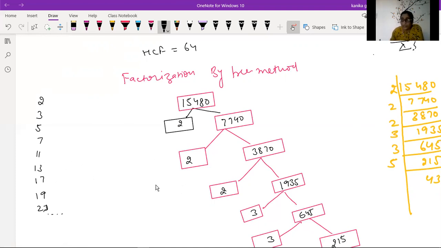It comes in the table of 1 and in its own table, so these are prime numbers. When we solve this question by factorization we have to use prime factorization. So we have to take only prime numbers, and make its factors from them. Here the number is 15480. So we divide it by 2, we get 7740. Again this number ends in 0. Here the last unit digit is 0. Again if we divide it by 2, that is 3870.